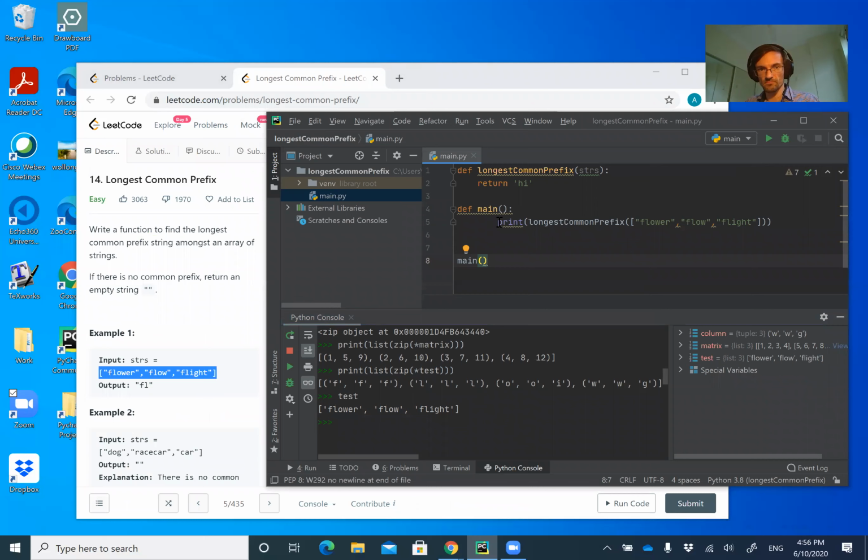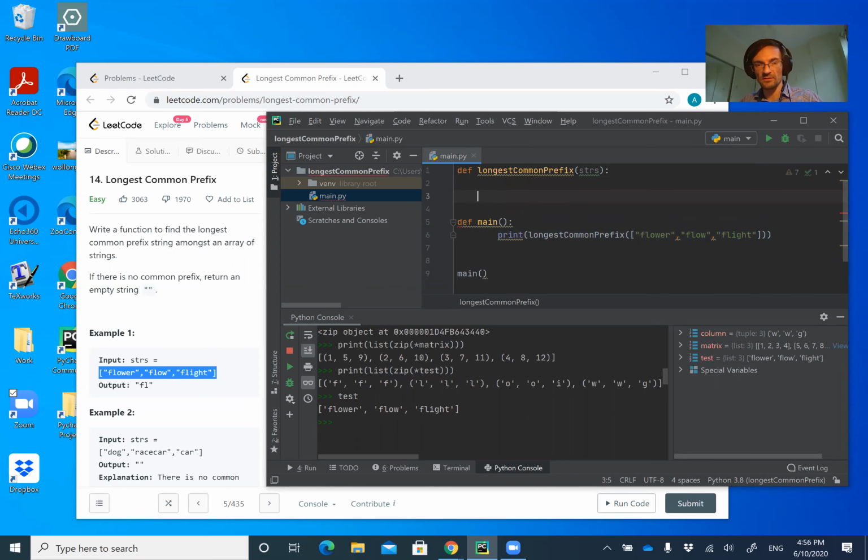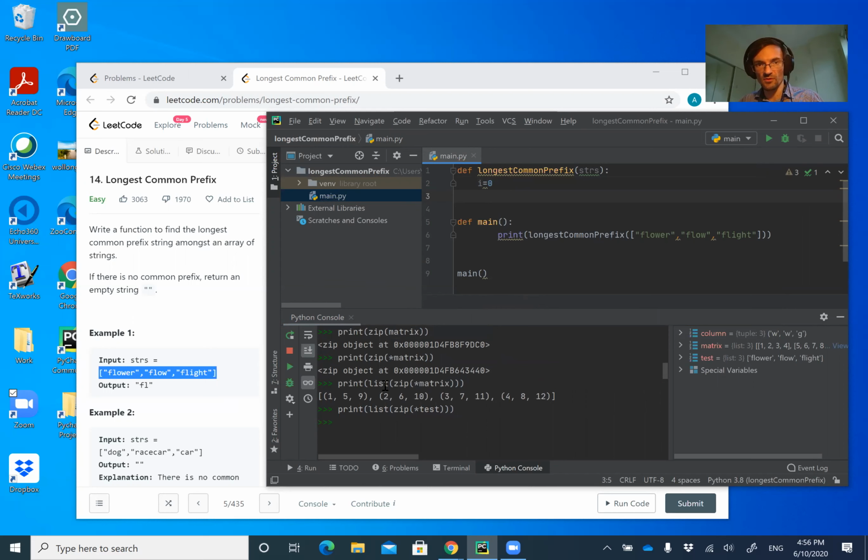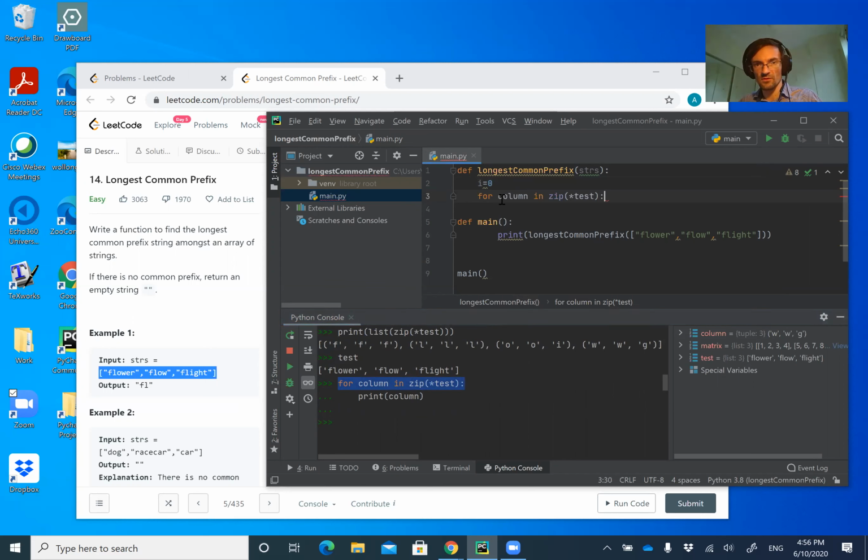So we will basically start here. For some index i equals 0, we go through all the columns, right? So for column in,